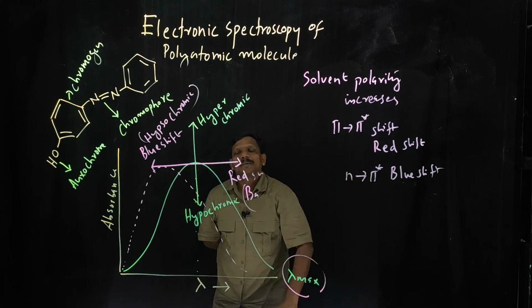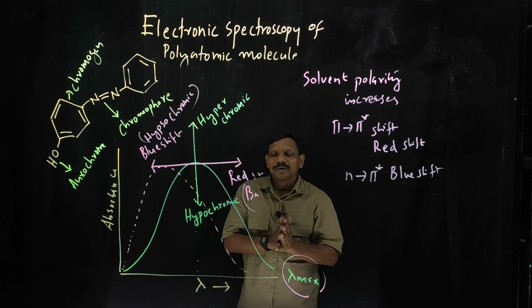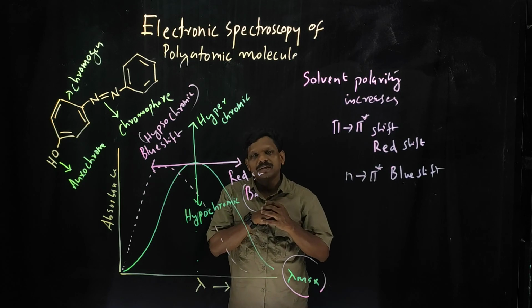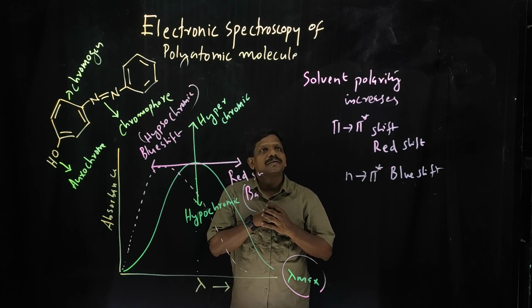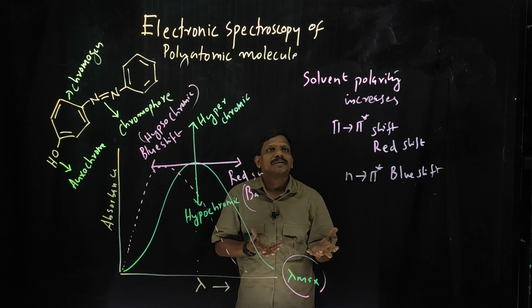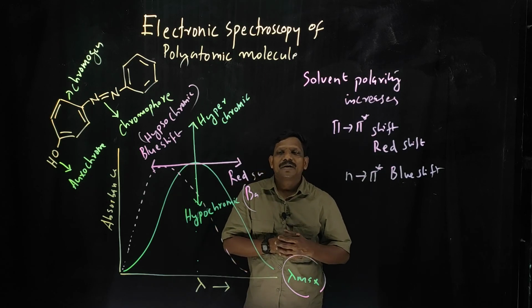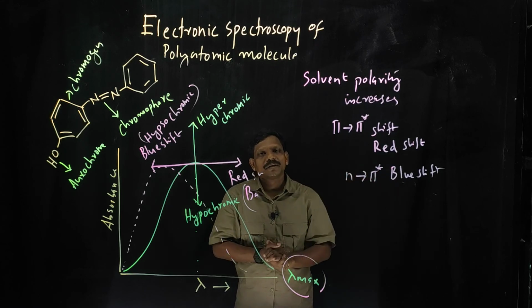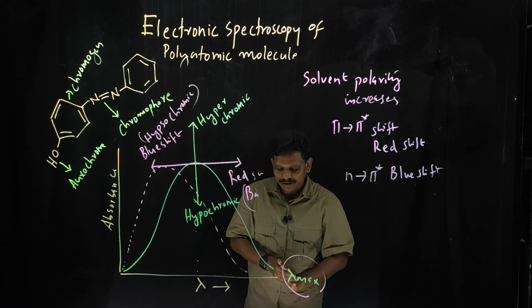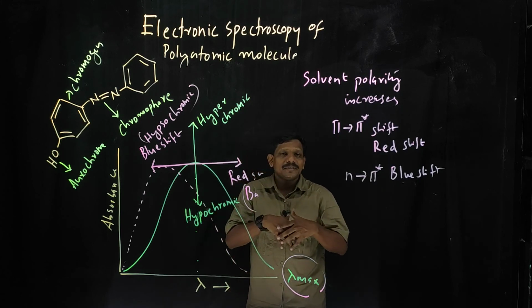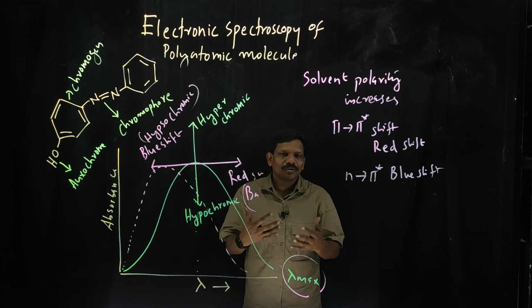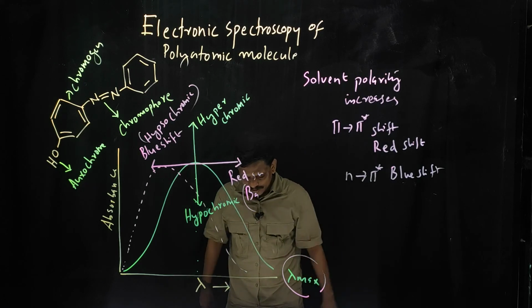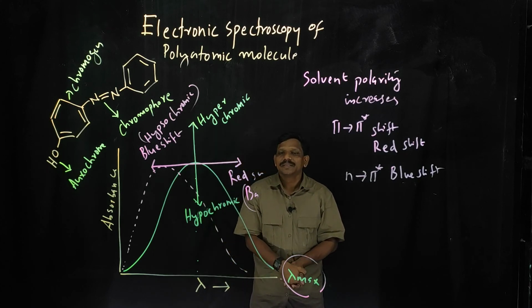Normally people select a solvent which will not interact with the sample, that means the solute, and normally saturated type solvents. If you have a conjugated bond in the solvent, that will affect the lambda maximum value of your sample. The solvent should also not react with the sample, nor form any hydrogen bond or other interaction with it. So the selection of solvent is very important in UV visible spectroscopy.